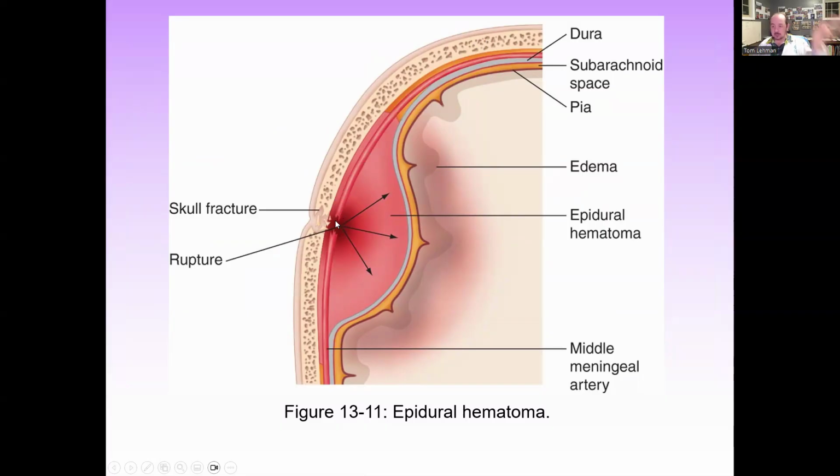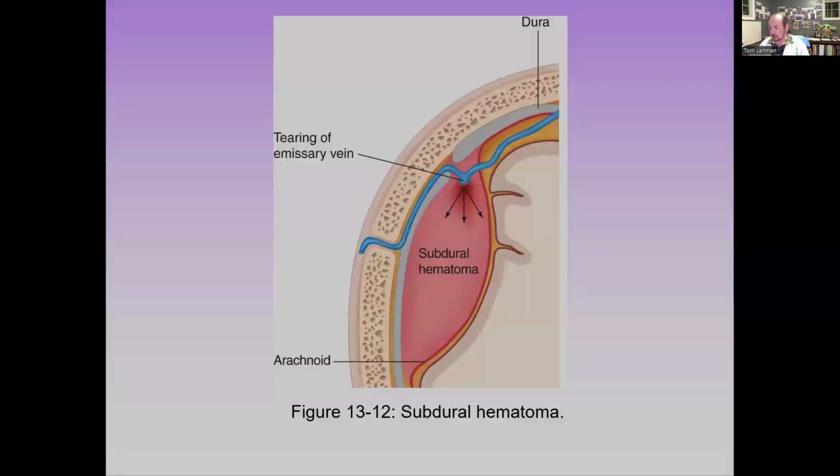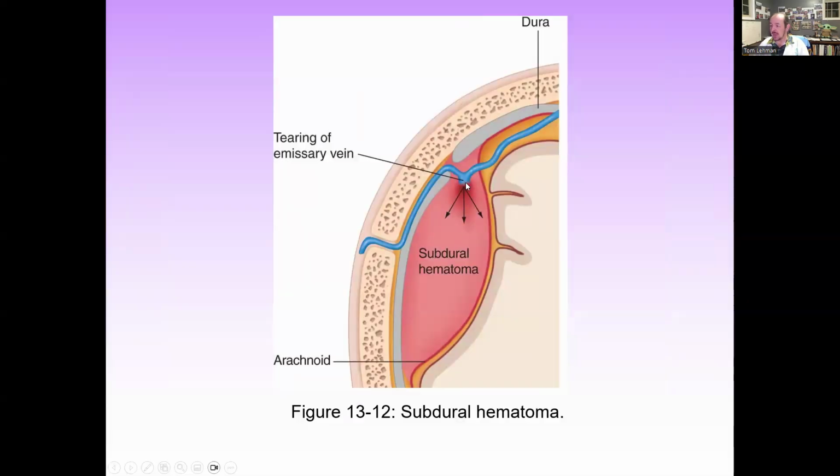If these get ruptured because of some type of brain injury, that's going to push blood into that space outside the meninge. It's not going to cause a contusion. It's going to cause a hematoma, but that's going to squeeze down. Now, being arterial means high pressure, fast acting. A subdural hematoma is where we have the veins on the inside of the meninges break, and they're going to bleed. And again, they're going to cause a space-filling lesion, squeeze it down, but being venous, they're much lower pressure, they're much slower acting.